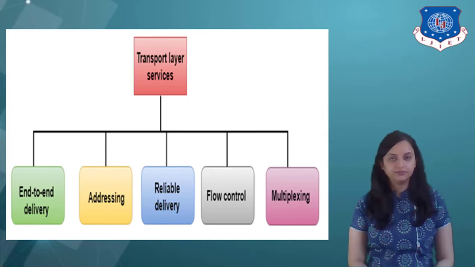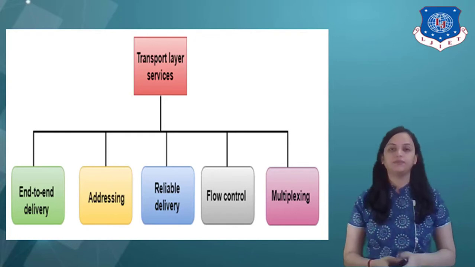Now next is flow control. So flow control is used to prevent the sender from overwhelming the receiver, and if the receiver is overloaded with so much data, then the receiver discards the packets and asks for the retransmission of packets, retransmitting these packets to avoid the congestion at the receiver. The flow control is to be maintained at the transport layer. So this is again an important service, flow control at the transport layer.